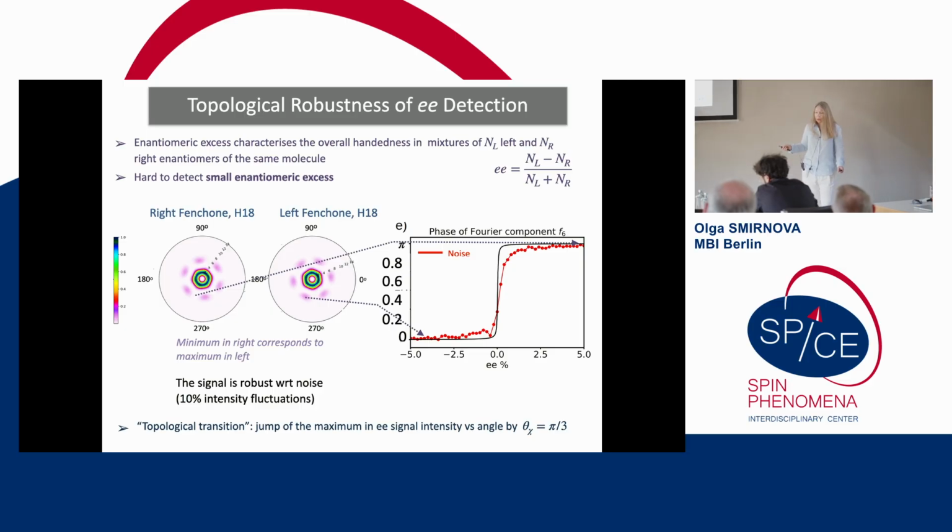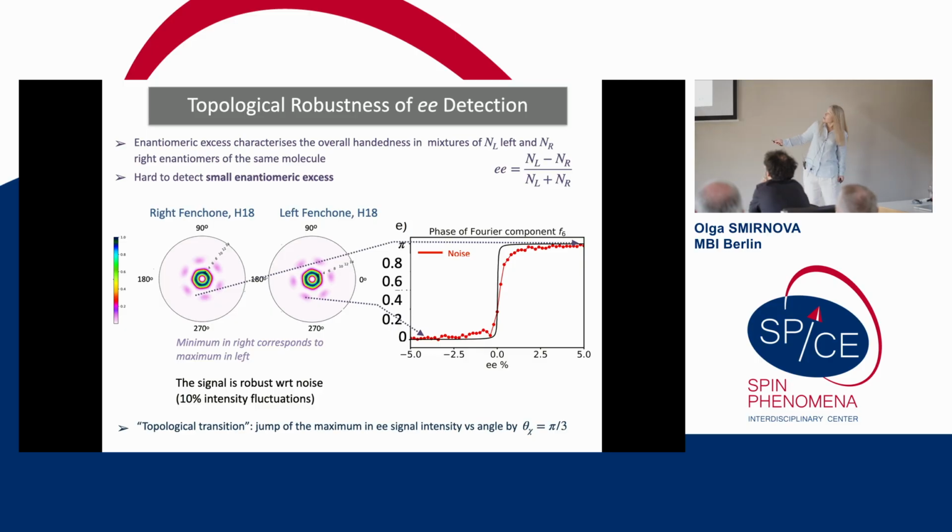What we wanted to do is benefit from the topological character of this light, and see if we can have a robust enantiosensitive signal in addition to having sensitive signals due to electric dipole techniques. So what we looked at is the enantiomeric excess as a function